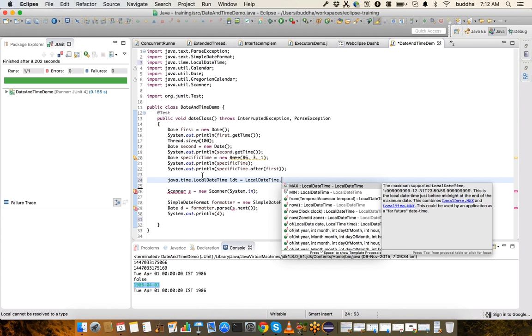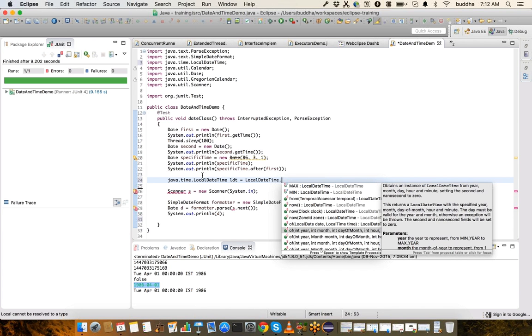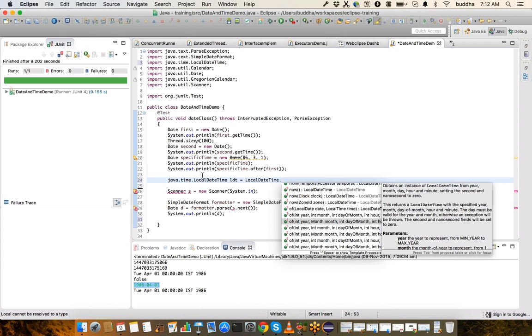Now here, to create objects of this, we can call the now method. The now method will create a LocalDateTime object at this particular point in time, or we can use the of method to give the year, month, and date to create those objects. Now if we want to create this,